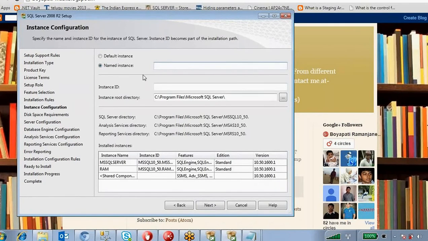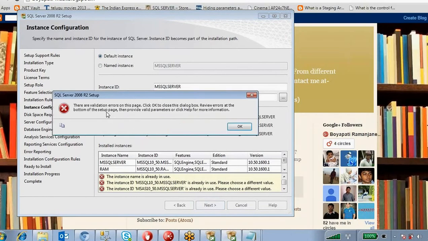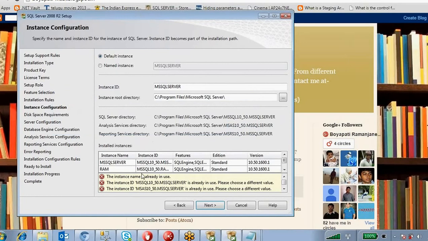See here, the default instance name is MSSQLSERVER. That one I have already used, because this is the second time I'm installing. So then you have to give a named instance, any other name. For example, if you try to install with the same instance ID, MSSQLSERVER, it shows validation errors: the instance name is already in use.